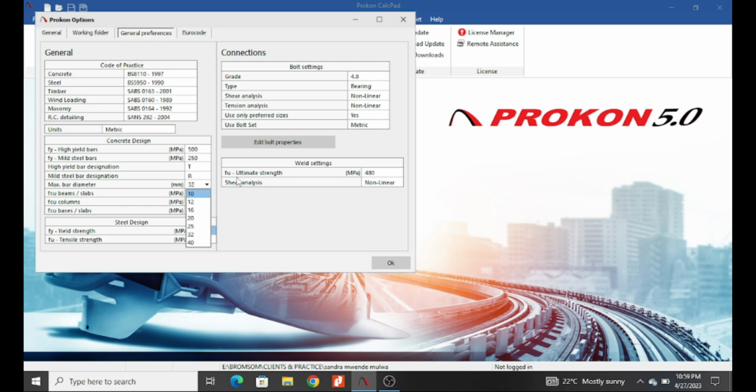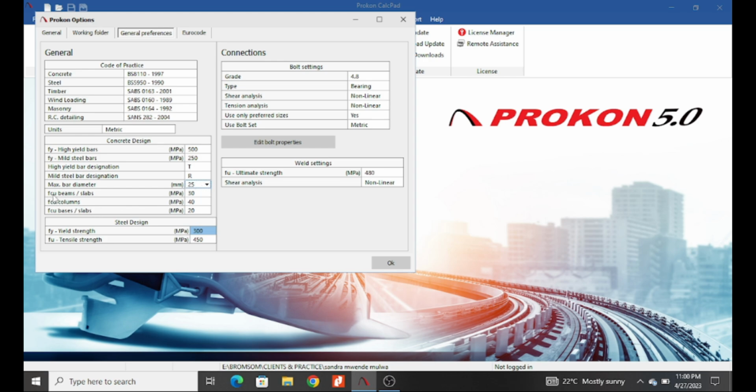But when I am working on simple, let's say 4-story buildings, 5-story, or even up to 10, I tend to limit my bars to 25 because these are readily available, and anything less than 25 can be cranked, bent or cut on site easily. But when you have 32 and above, even tying the bars becomes a challenge, and sometimes you require to weld. So I normally try to limit myself to use 25 as the maximum bar.